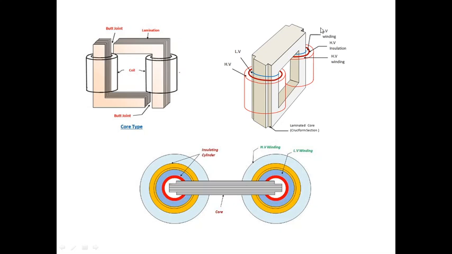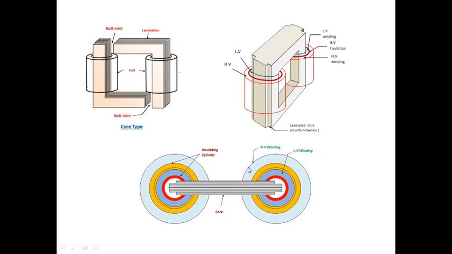If you look, both the low voltage winding and the high voltage winding are laminated in the same limb, not the primary in one and the secondary in another. But for typical view we say this is primary and this is secondary. In the construction view, first your low voltage winding is wound, then it is insulated, and then the high voltage winding is wound.